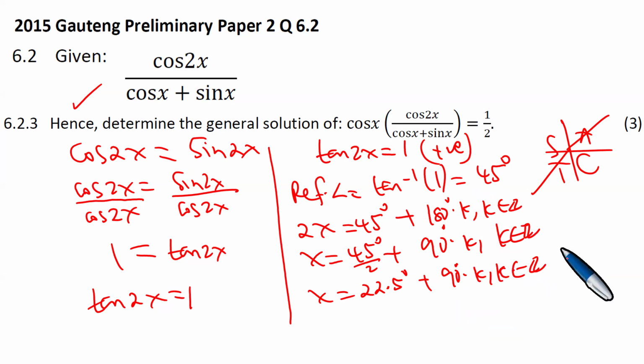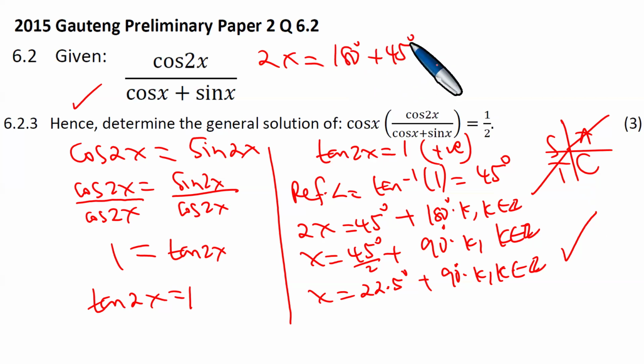But now we have got the main important result for this question, which has been obtained using the other method. So yeah, we are good and sorted. But it will be very interesting to explore this further in terms of what happens if I want to look at this other dimension. What happens if you are dealing with tan 2x equals 1, and you are then saying there is an angle in the third quadrant? If you look at 180 degrees plus 45 degrees,